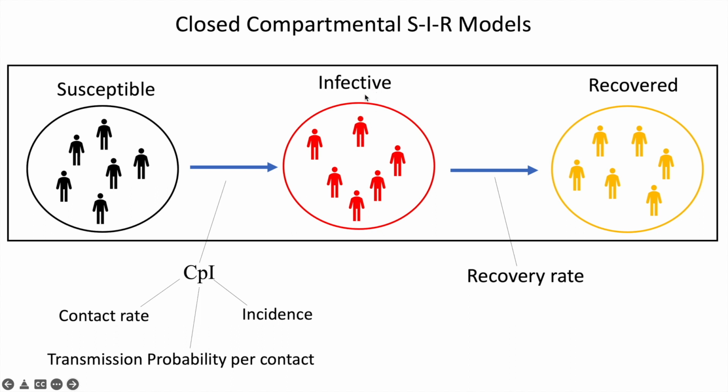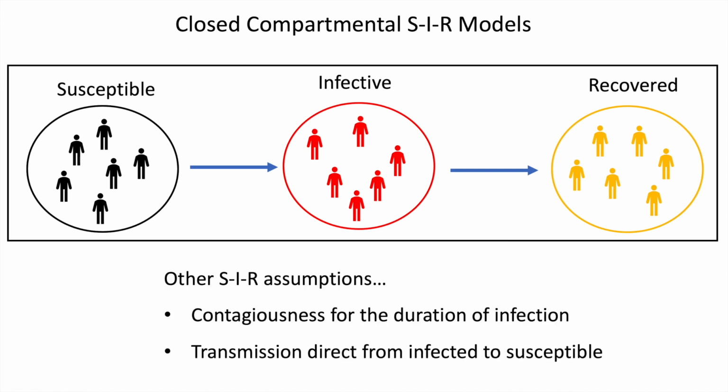And people moving from the I to the R compartments is a function of recovery rate, and that's just 1 over the duration of infectiousness. So some other assumptions before we move forward are that you're contagious for the entire duration of infection. Sorry, I guess I already talked about that. And also transmission is direct from infected to susceptible people,